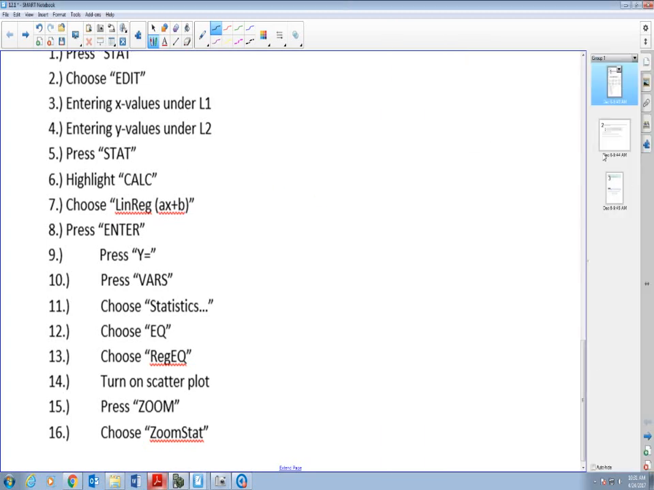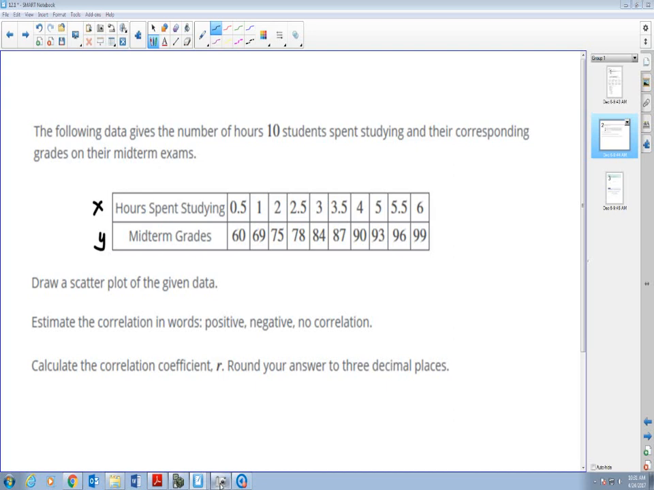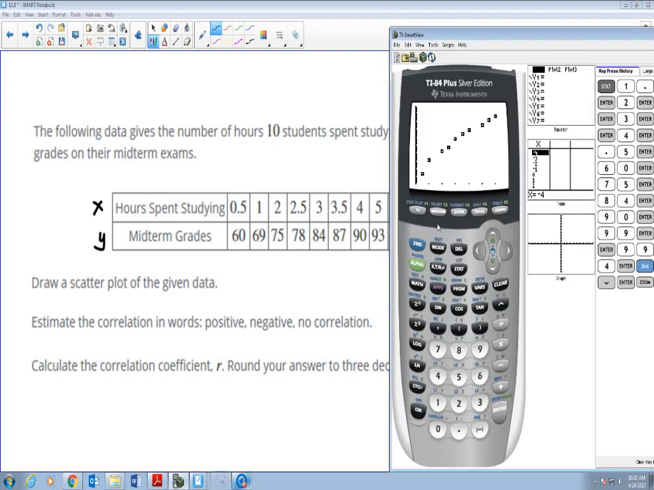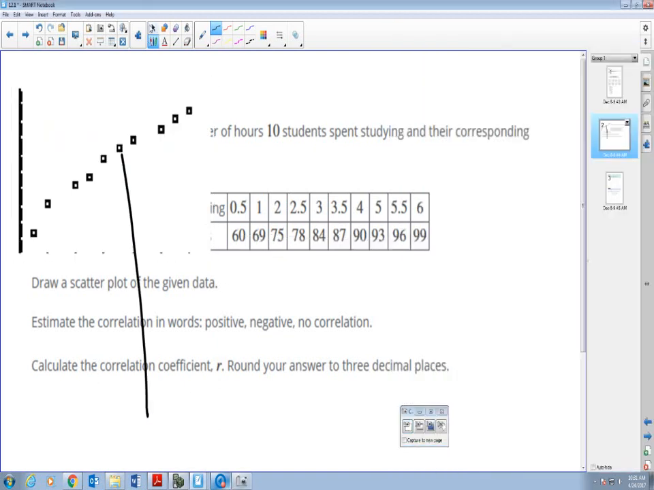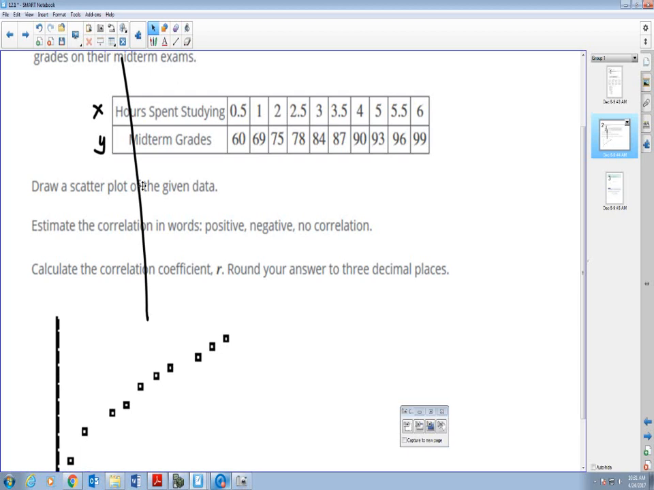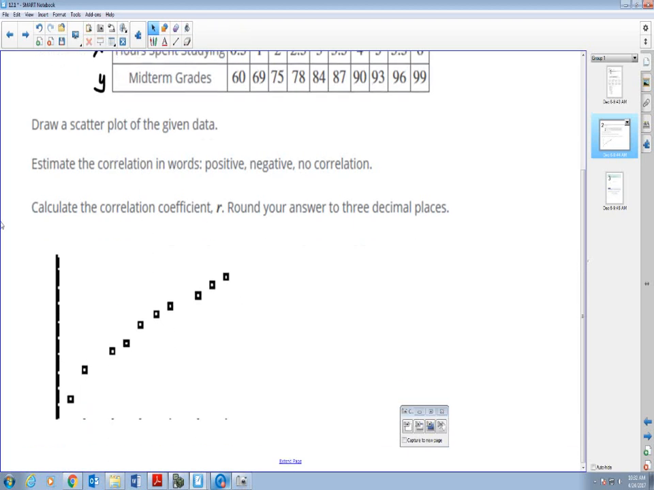So does this scatter plot appear to be linear? So let me kind of copy this real quick. So this is my scatter plot. Alright. Estimate a correlation in words. So this looks like a linear correlation. Okay, you know, they almost form a straight line. So is this a positive, negative, or there's no correlation? So the answer has to be positive, because this thing is going upward from left to right, which will be positive